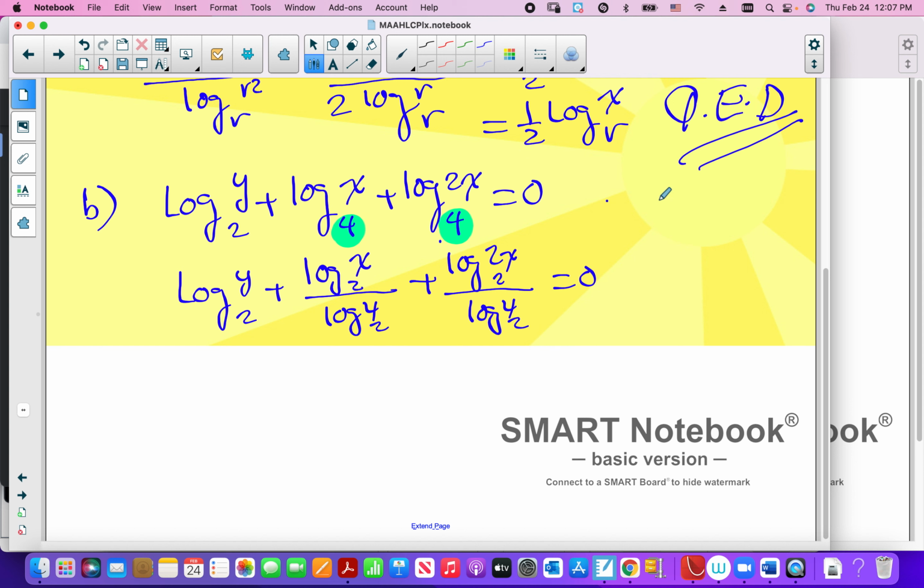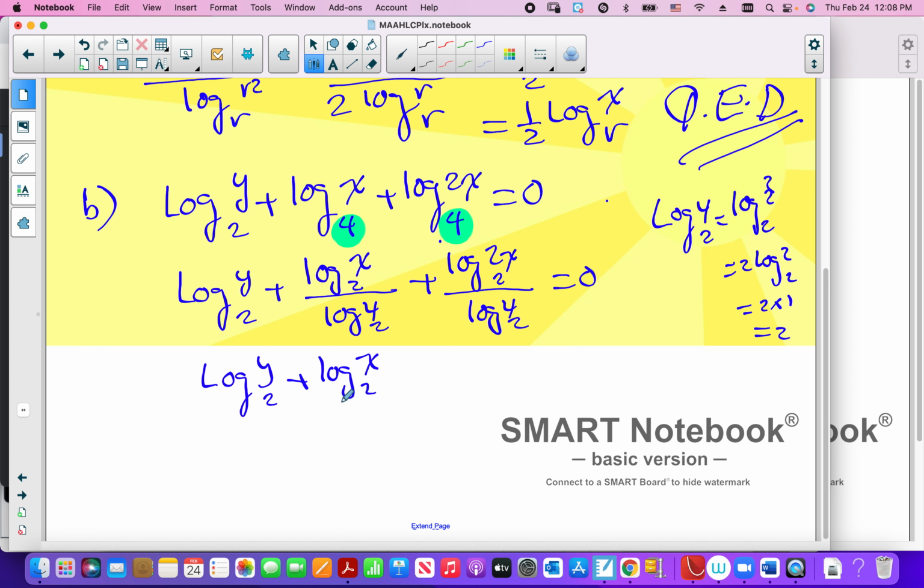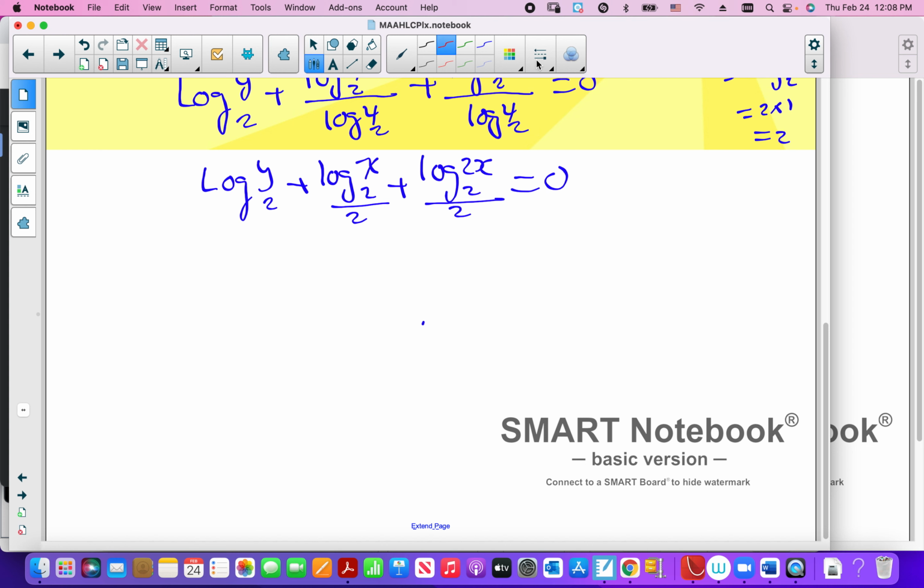Log 4 base 2 is the same as log 2 to the power 2 base 2. Bring the power down, that'll be 2 log 2 base 2, which is equal to 2 times 1, which is 2. So the denominator in both cases will be 2. So it'll be log y base 2 plus log x base 2 over 2 plus log 2x base 2 over 2 is equal to 0. If I multiply the entire equation by 2 to get rid of the denominator,